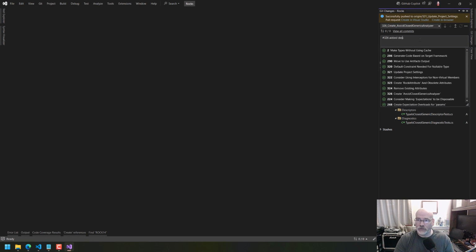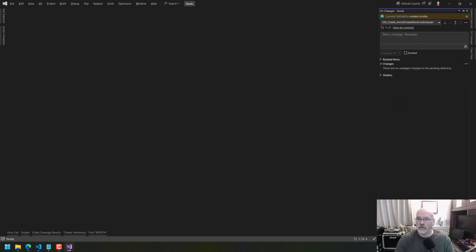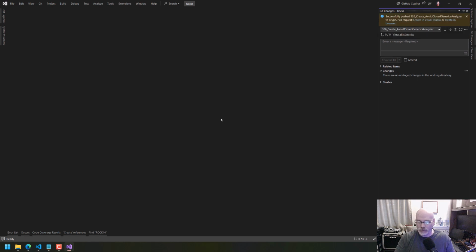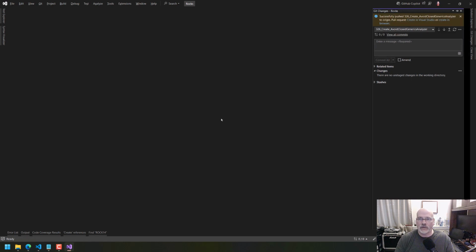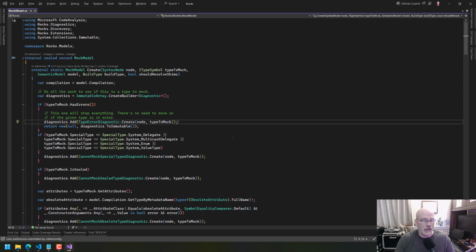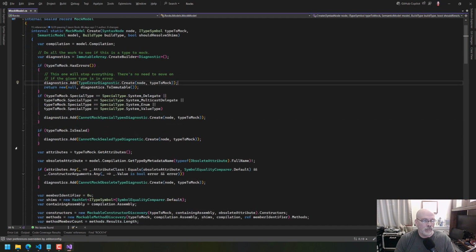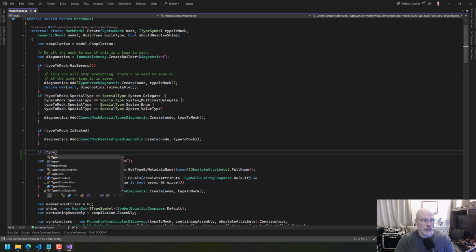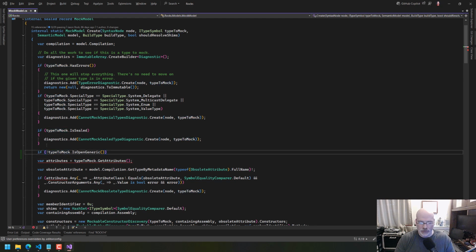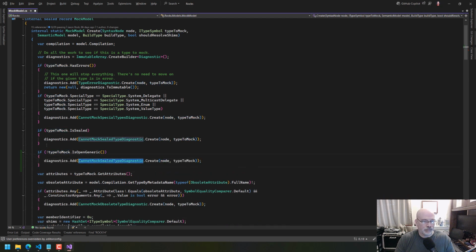326 added descriptor and diagnostic with tests. Okay, so we got that. Now let's actually look at the mock model, because this is where we want to actually do it. And I believe we could say here, if type2 mock is open generic. If it's not an open generic, then we say type is closed generic diagnostic. And now this is all we need to do, but I guarantee you this is going to break a bunch